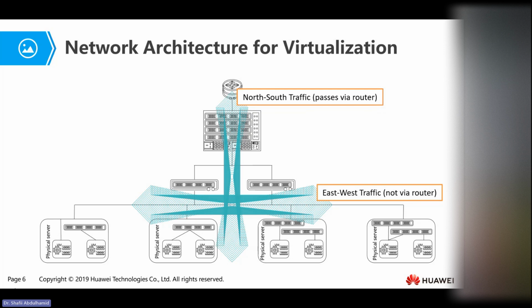Oh, sorry, I didn't observe something. This line is connecting outside, basically. So I think this will explain it better. This virtual machine can communicate with this virtual machine within the same server via a virtual switch. Okay, but in this case, as been drawn, it shows that this virtual machine is actually connected through another switch, which is a layer 2 switch. So it will be a little bit difficult to communicate directly with the other virtual machine within the same physical environment.